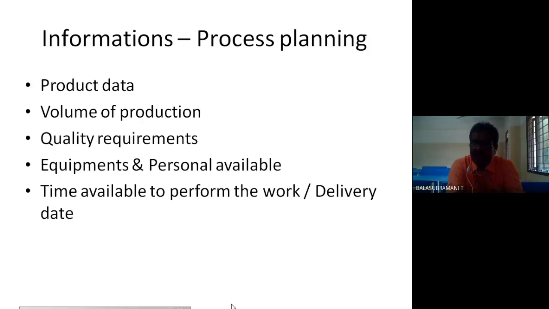Time available to perform the work. Time available is a very important one. First of all, you may fix the time. To make a 20 mm turning operation, with metal removal of 2 mm, you may take some 4 minutes. That is called machining time. It takes 4 minutes only for the 2 mm of material to be removed from the 20 mm length.